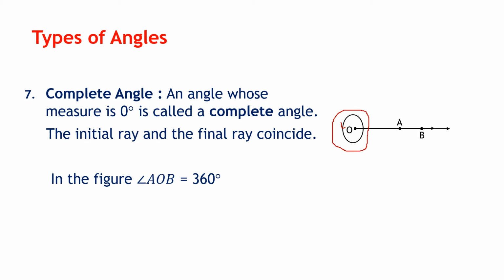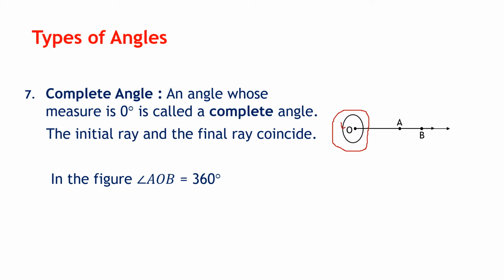You will learn in the future that angles are possible more than 360 also. For example, if a fan makes 2.5 revolutions in 1 second, how many degrees has it traveled? One complete angle is 360 degree. The second complete rotation is again 360. So 360 plus 360 is 720, and the half rotation is 180. So 720 plus 180 is 900 degree.